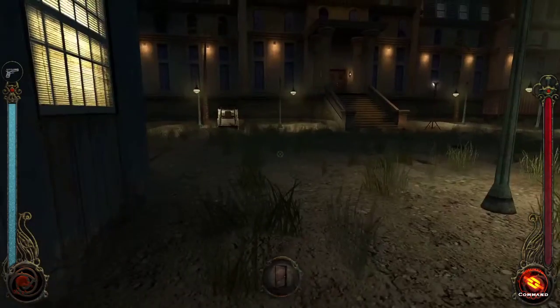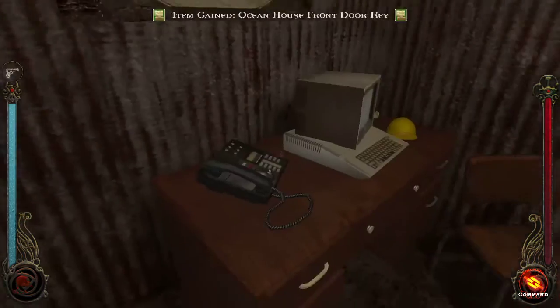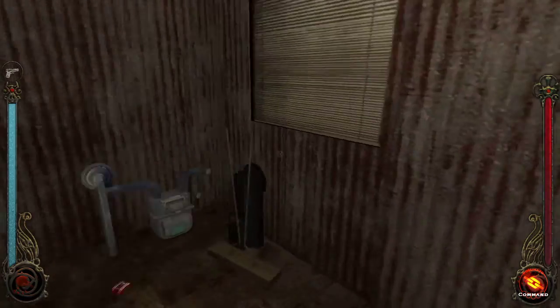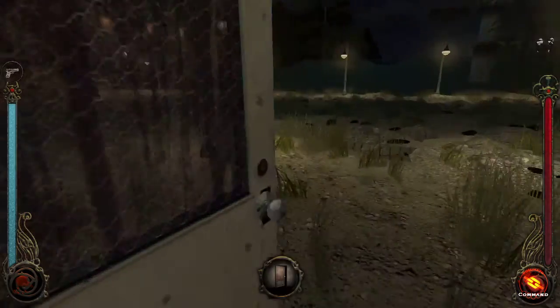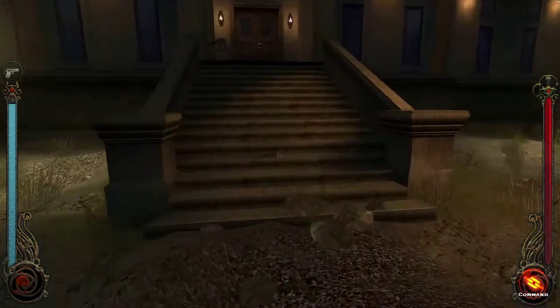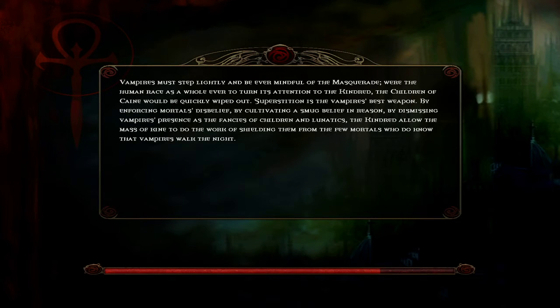Right, so there's the hotel. We're gonna grab the key from here. There it is. Oh no, I'm locked in. They tried to demolish the shed, but it wasn't strong enough. There we go. I hate this place because I fucking hate jump scares. I have very sensitive ears. Boom. But I've played this more than once, so